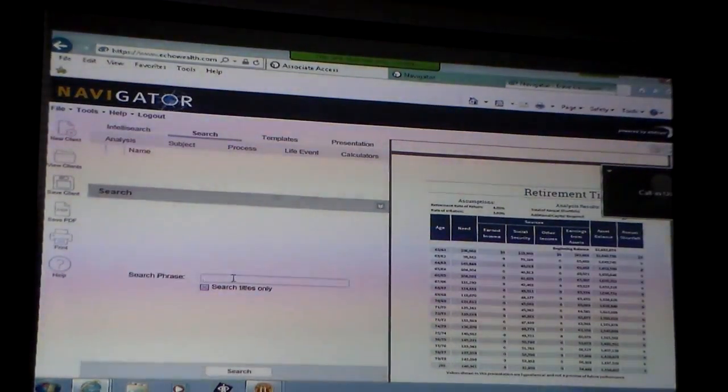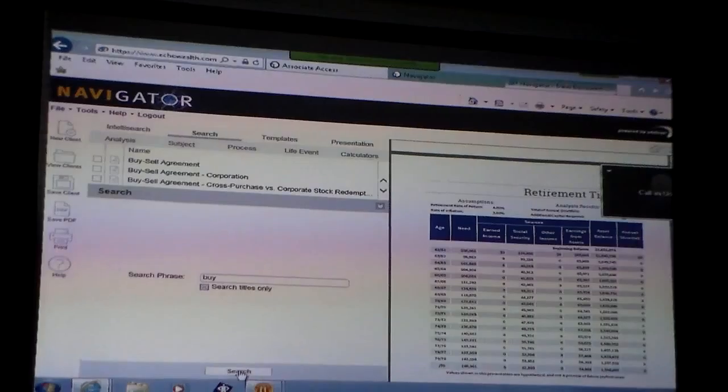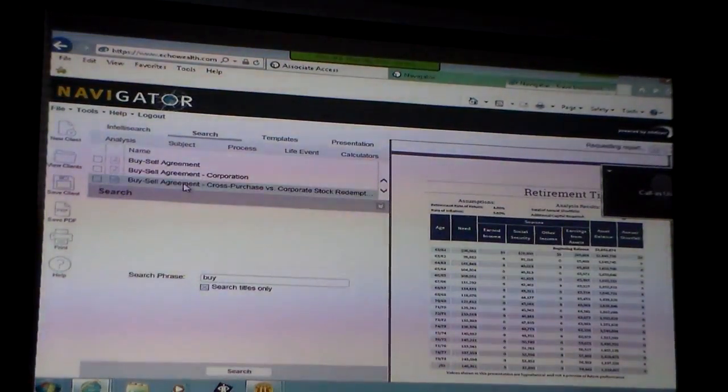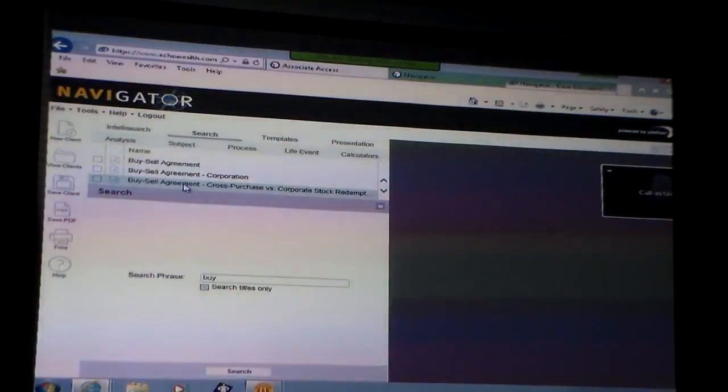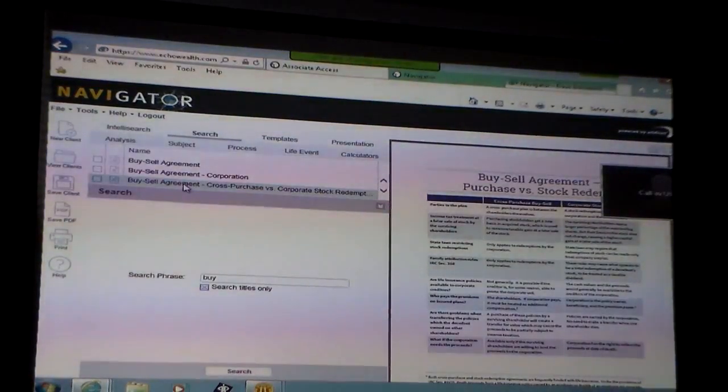Just go in here and put buy sell. So I got a client that wants to know about a buy sell. Just go buy. It's going to come up right here. It's going to show me everything about how it works. Corporate stock redemption, buy sell versus corporate stock redemption. It's going to tell me everything about it. I can print this one-page piece and bring it to my meeting, and it'll basically help me walk through it